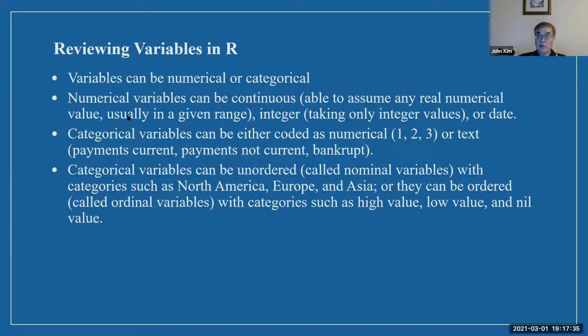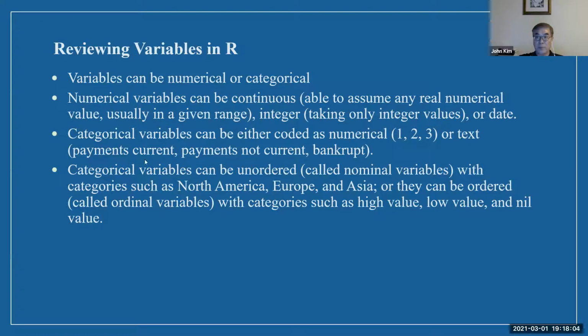And numerical variable can be continuous numbers, integer, and then maybe data. And then categorical variable, it can be numerical, like first class, second class, and so on like that. And then or just text,